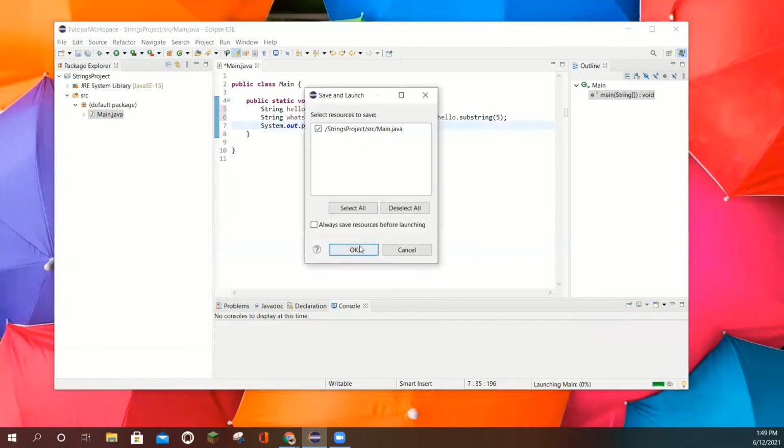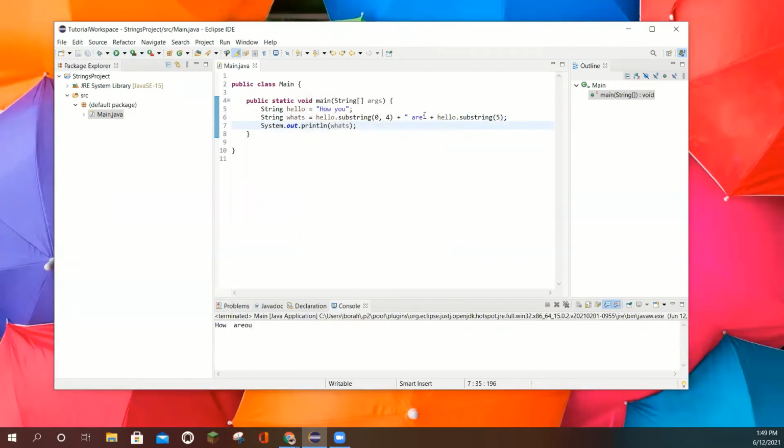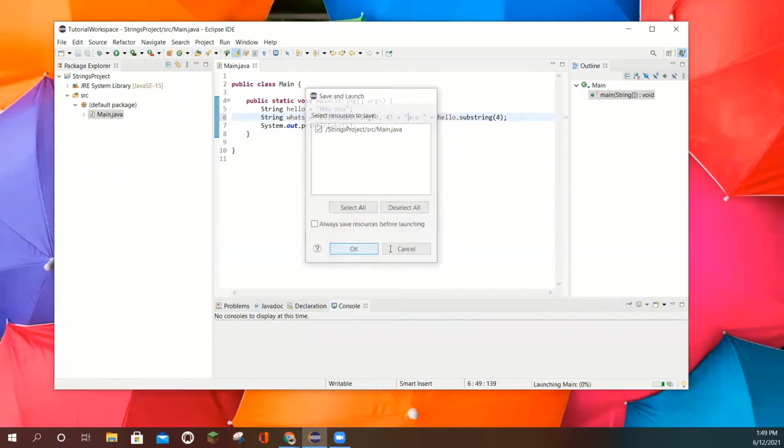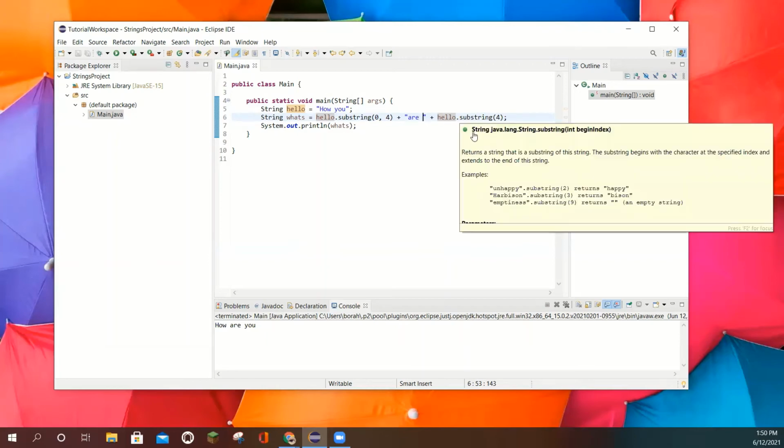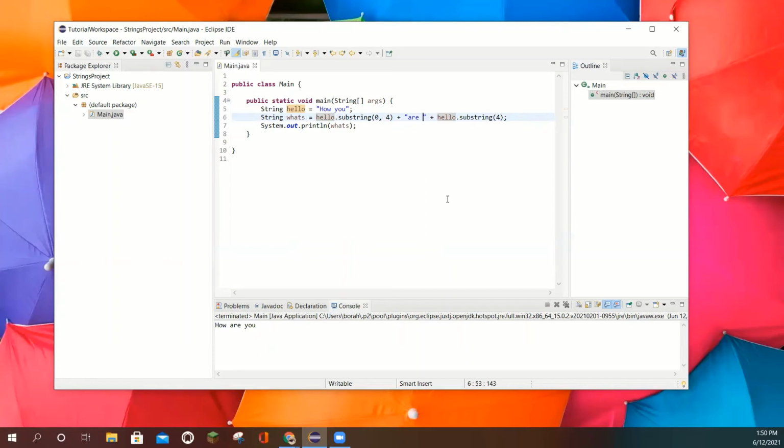So what that will give you is how are you? Because this selects the first word, hello. This selects everything after that, the you, and this R with a space at the end, because the space here is attached to the first half. The how are here will therefore be inserted into the middle. So this does mean that